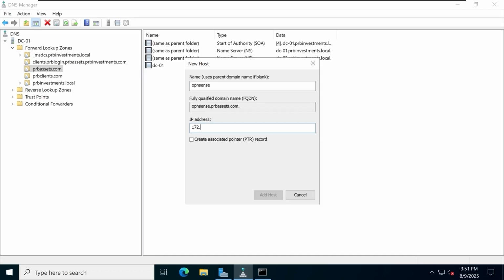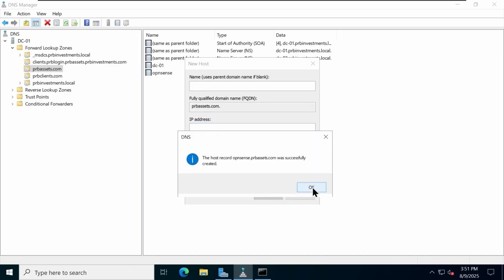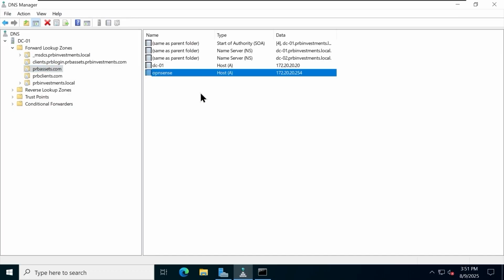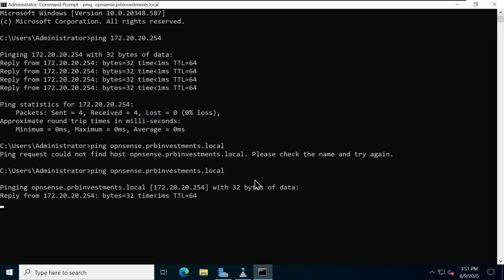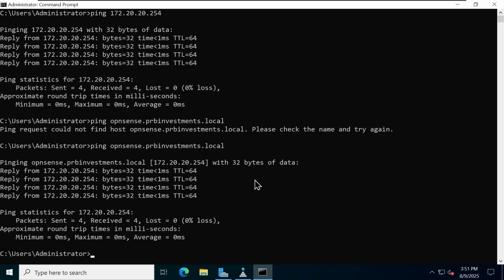So the name will be OpenSense, and the IP address will be 172.20.20.254, and the fully qualified domain name is going to be opensense.prbassets.com. So we'll click Add Host and then close this window. Now, if I go back over to my command prompt and I try to ping opensense.prbinvestments.local, we can see that we now get a reply to show that we're now able to resolve